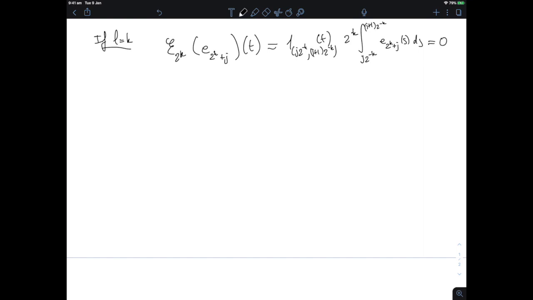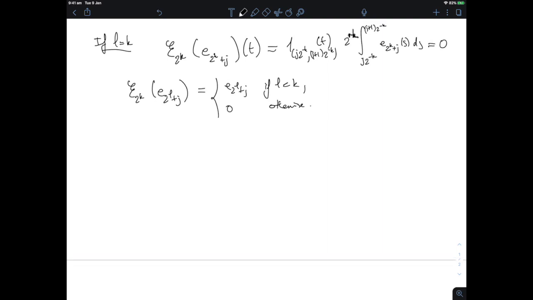Okay, so all in all, we have that e to k of e to l plus j is equal to e to l plus j whenever l is strictly smaller than k, and it's equal to 0 otherwise. So these operators e to the 2k are not exactly the partial sum projection into our basis, but they're very close to that. Let us now define